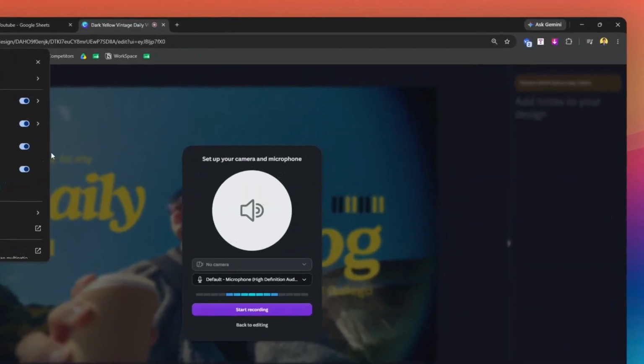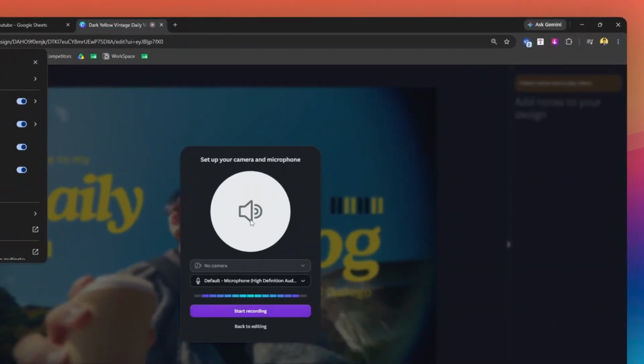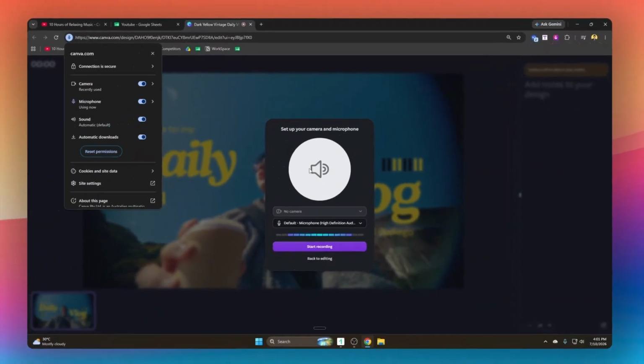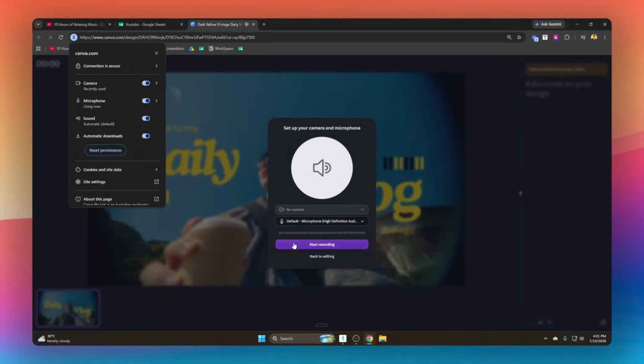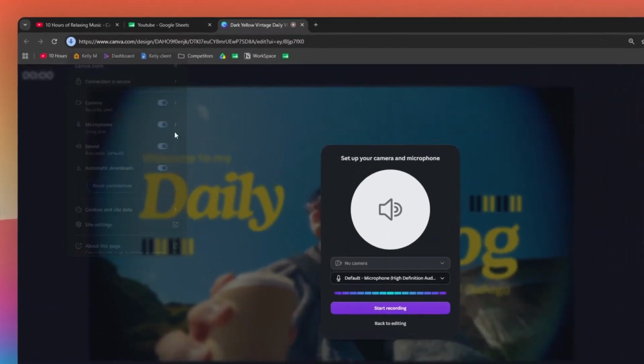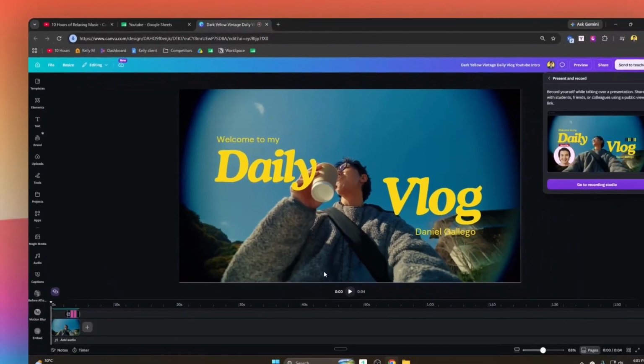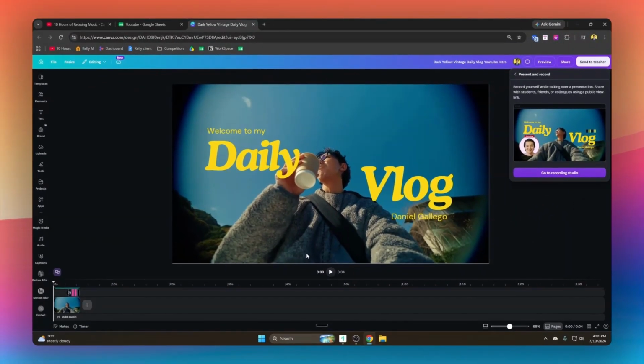If you enable it, then you'll see it's enabled. Since I don't have a webcam at the moment, it's not showing the webcam, but my microphone is enabled right now. If you just click on Start Recording, it will begin recording. Alright, so in this way, you can easily add your voiceover and your face video as well, while explaining or